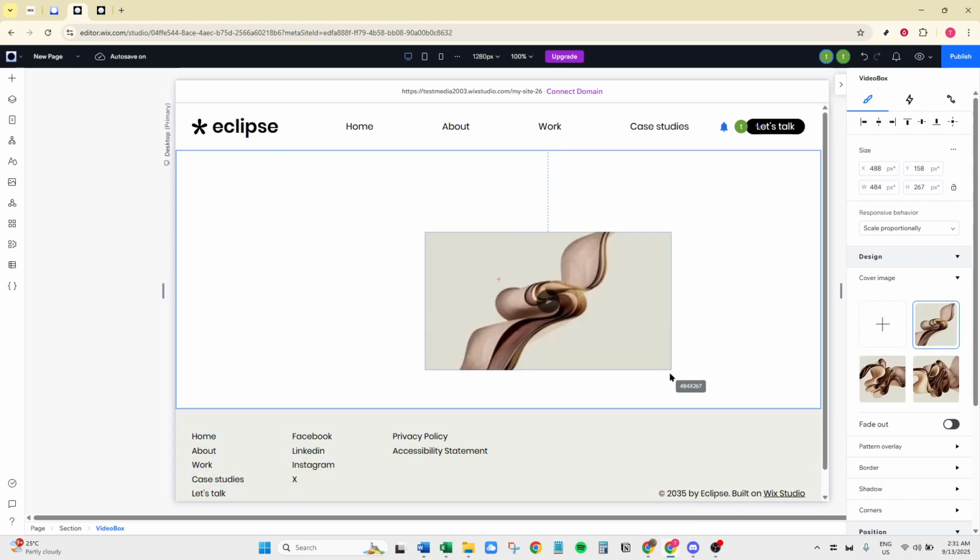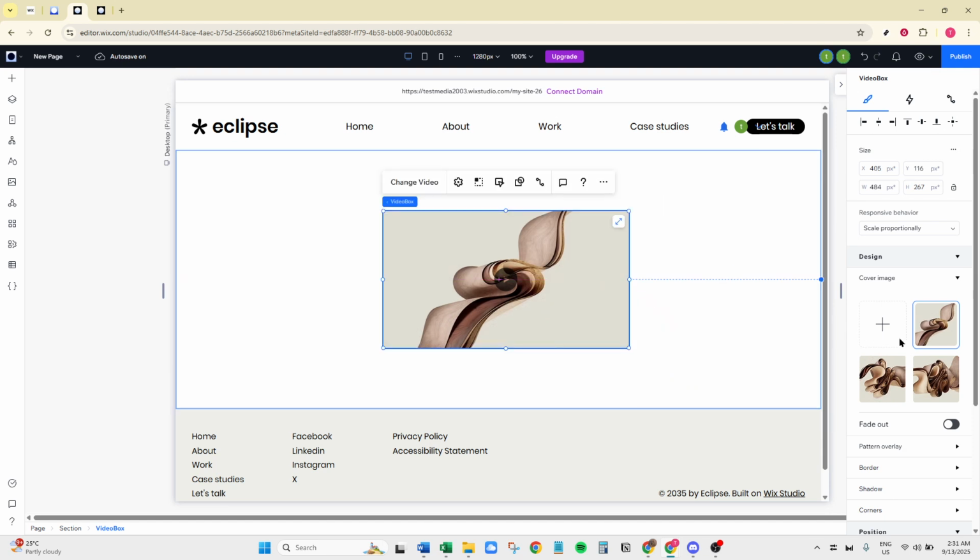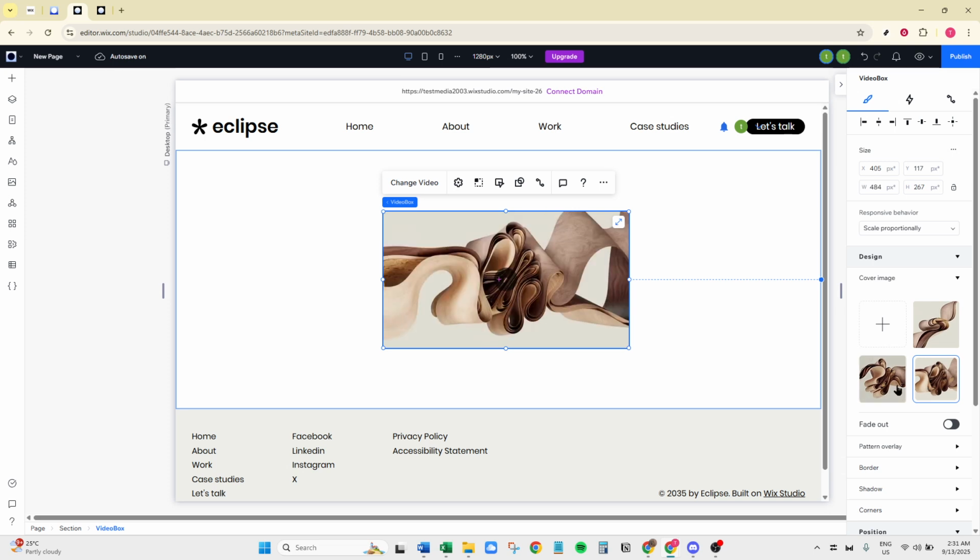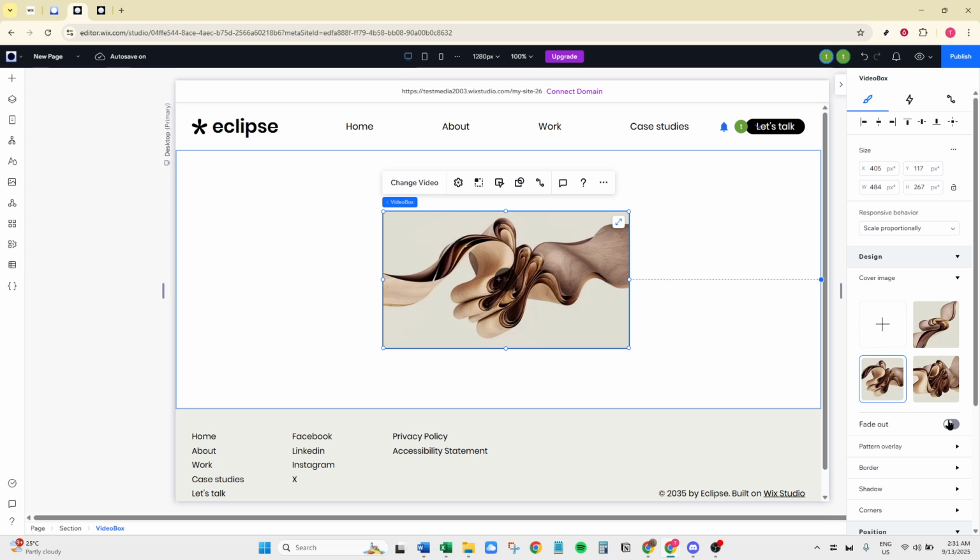With your video on the page, direct your attention to the inspector on the right sidebar. Here, you can configure your video settings, adjusting dimensions, autoplay features, or looping preferences, ensuring your video plays exactly as you envision. Once all settings are fine-tuned, take a moment to preview your site.